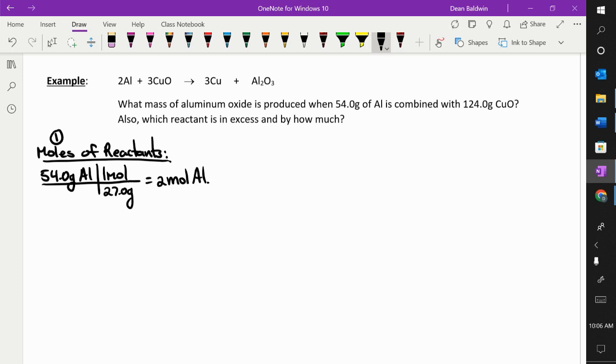And then you got to do the same thing for the copper oxide. 124 grams of copper oxide. Molar mass of copper oxide is 79.5. Which means I have